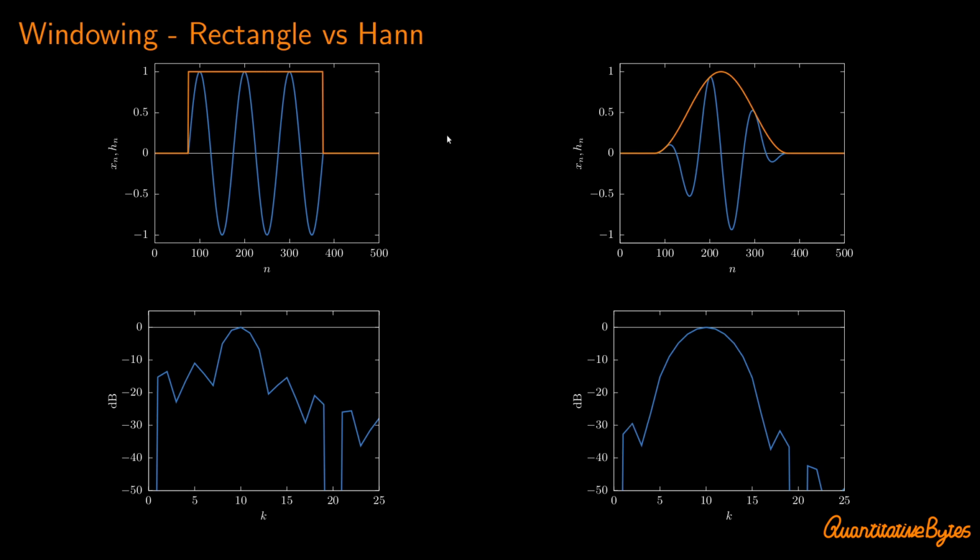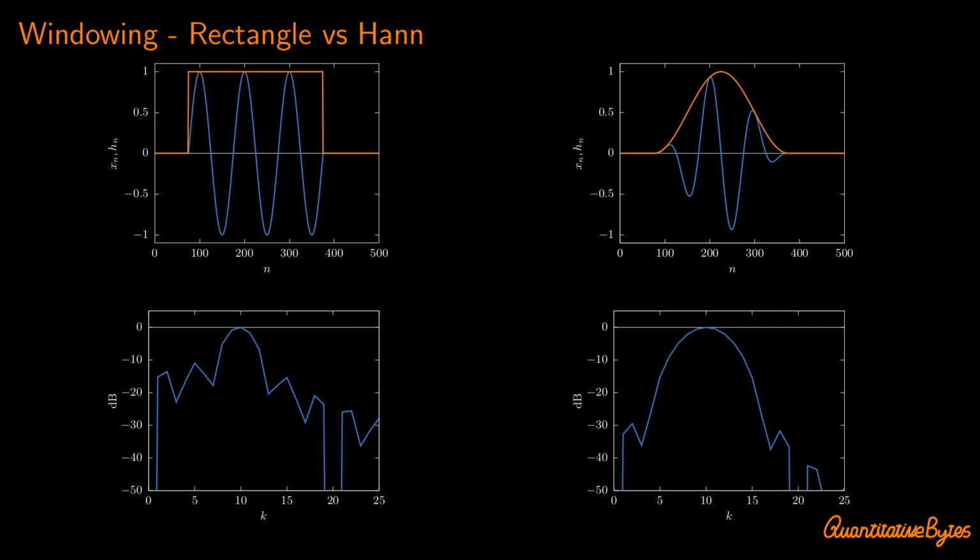So we can see immediately that the hann window is going to be better than the rectangle window for allowing us to differentiate between closely spaced frequency components within our signal. And that brings about all sorts of advantages, which we're going to talk more about in subsequent videos in this series. For now, that is pretty much everything I want to cover about windowing,